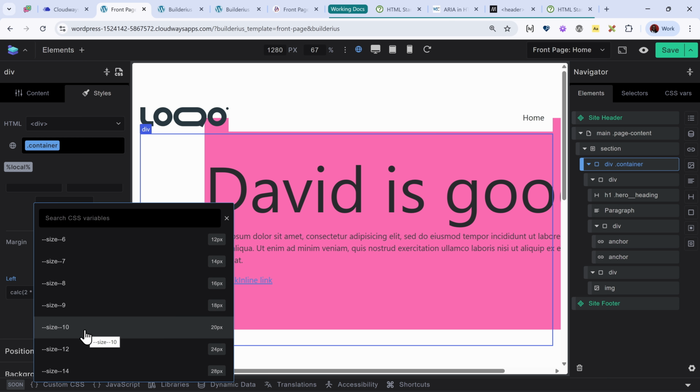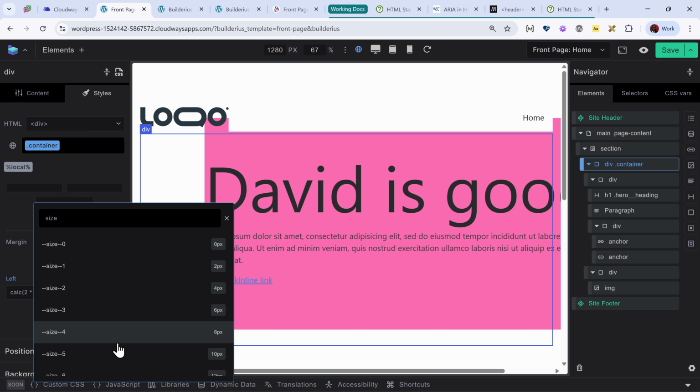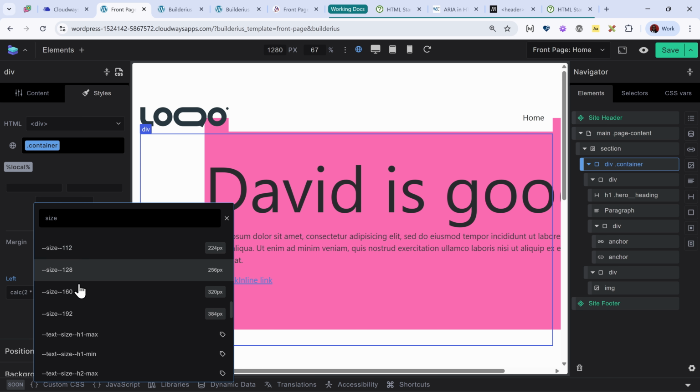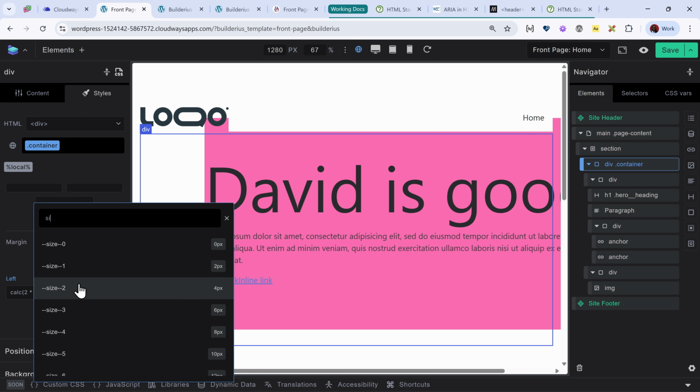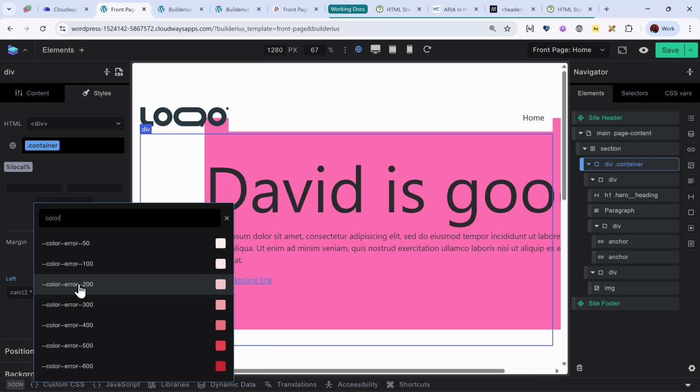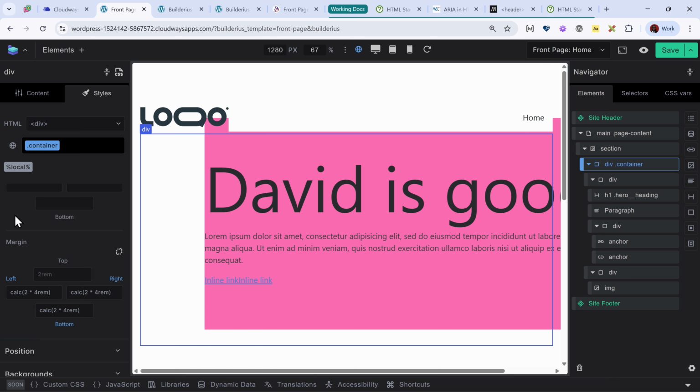So if I want to search for something like size, it will tell me all of the elements that have size in them. If I want to search for maybe color for some reason, it will show me all of the colors. If I want to even search for error, it also shows me all of the variables that are termed error. It doesn't have to be specific in the order it was written. Just any word you remember in the variable or the class name, it will find it for you.